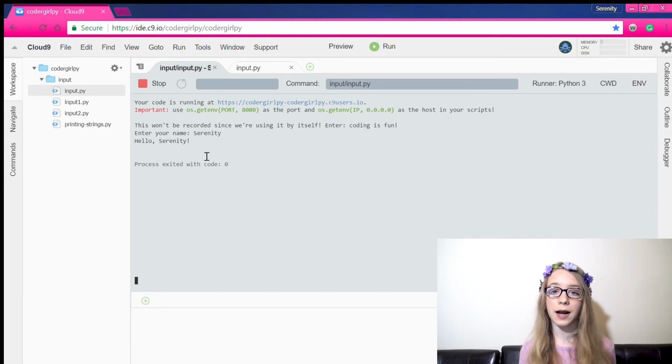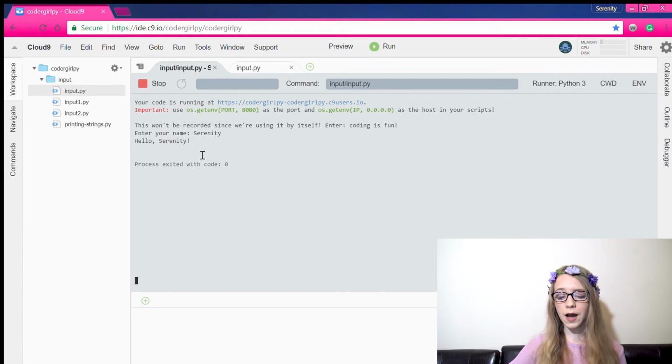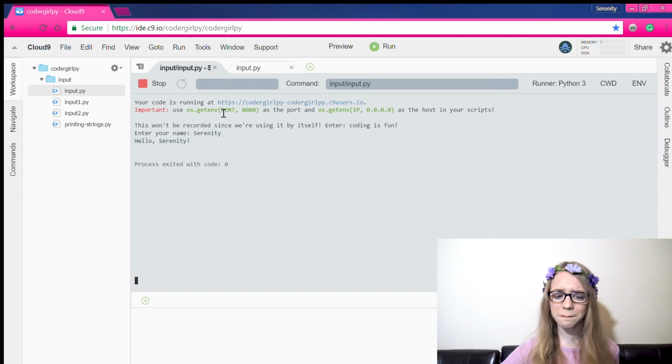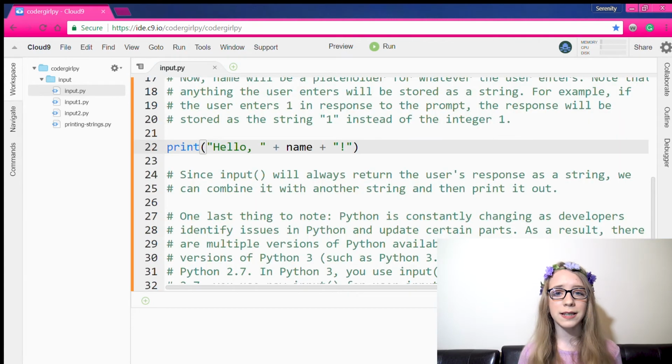Since it combines the string hello, our variable name, and an exclamation mark. So that means that if I reran this program and entered Codergirl as my name, it would print out hello Codergirl. Cool, right? So let's go back to input.py because there is one last thing that I'd like to cover